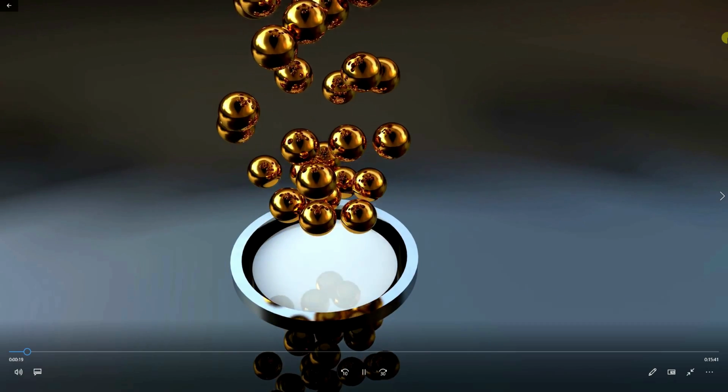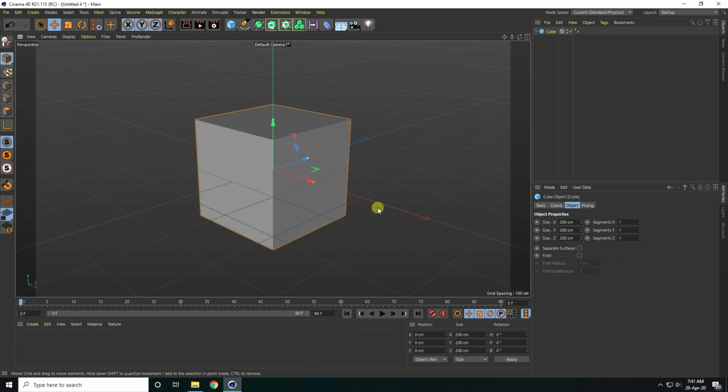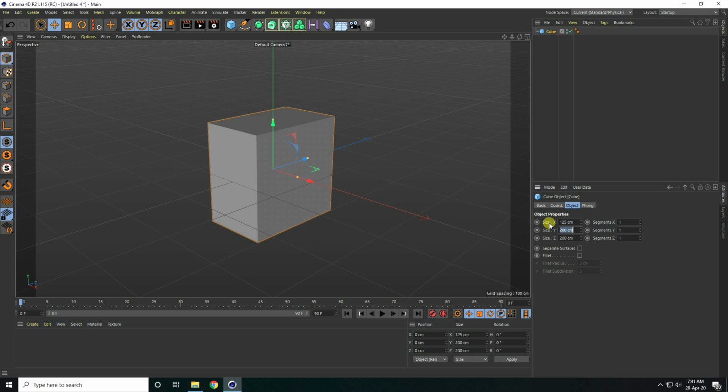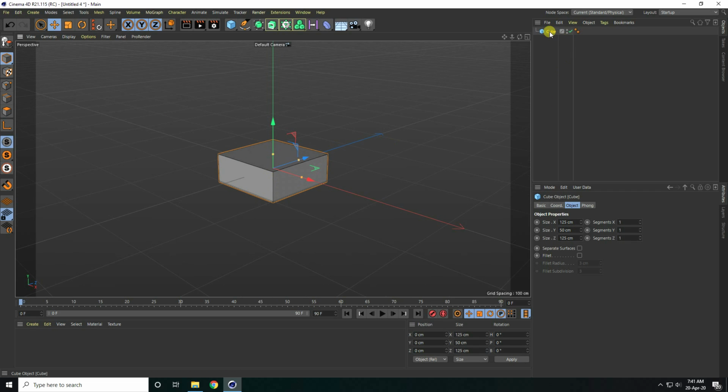So close this project, and now guys I'm going to take a cube and change the cube size. Size I take 15, and y-axis I take 50, and the last one 15. Okay, so now I go to display and select Gouraud shading lines. Now I create smoothness, so select this cube and fillet check, and fillet radius I take like 10.